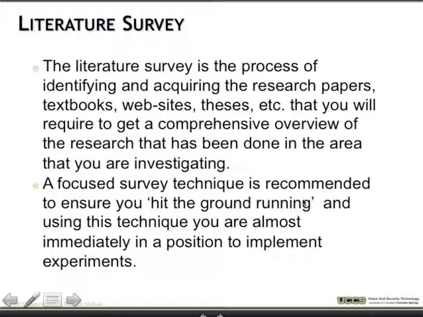So the first part of the literature survey is the process of identifying and acquiring the research papers, and whatever other materials you need, websites, theses. You're going to get a comprehensive overview. We talked last week about searching with keywords. I'm not going to go through that, but a focused survey technique is recommended